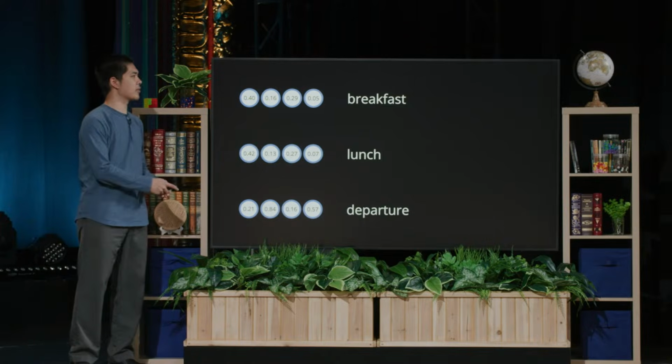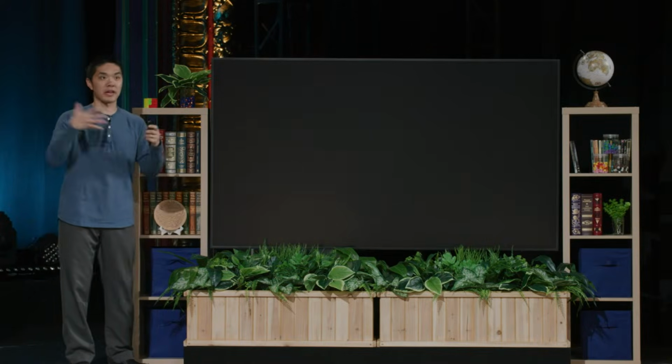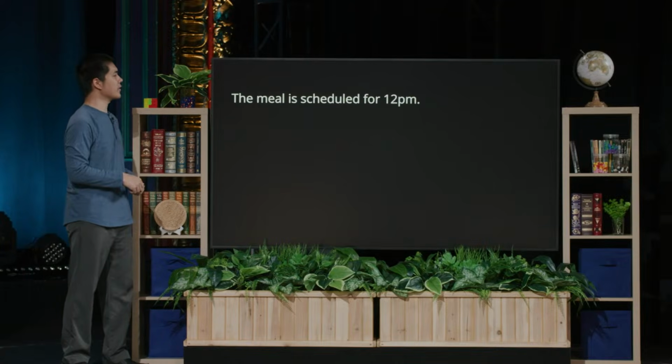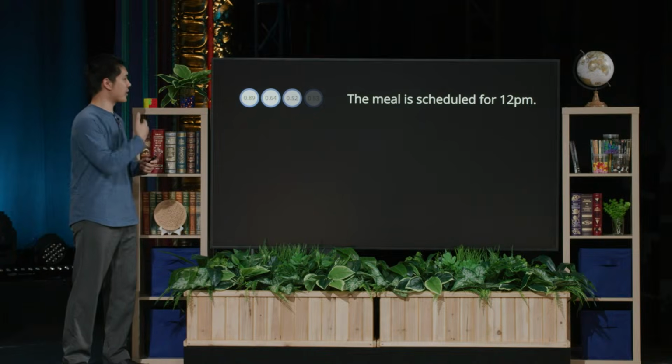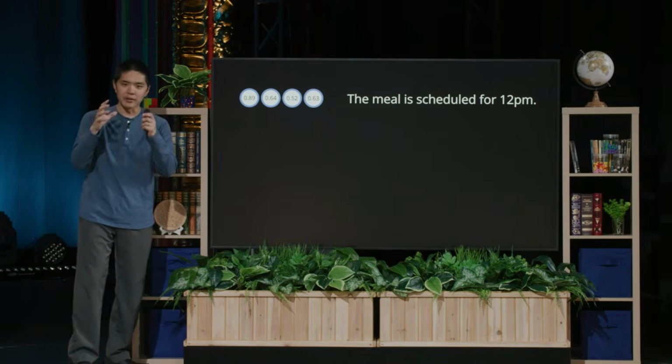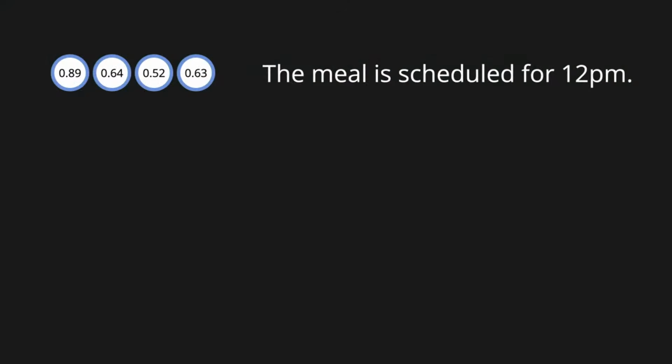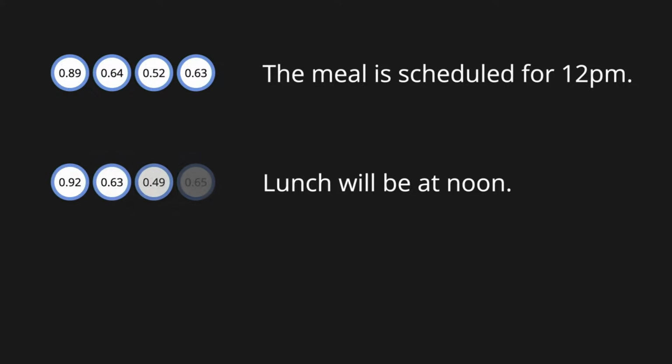Well, just as we can have AI come up with embeddings for words, for tokens, we could imagine doing the same thing for sequences of tokens, for sentences, for example, where I could say, the meal is scheduled for 12 p.m. Well, let's have AI come up with an embedding for that, a set of values that represents the meaning of this sentence, such that if I had another sentence that had a similar meaning, something like lunch will be at noon, then ideally, the embedding for that sentence, a set of values we use to represent that sentence, should be